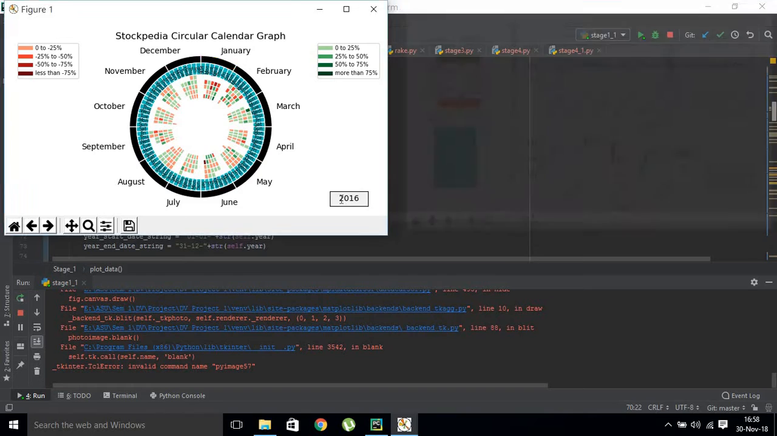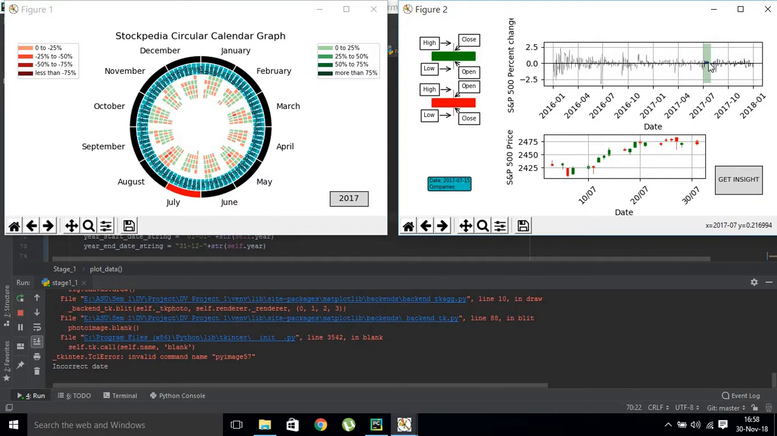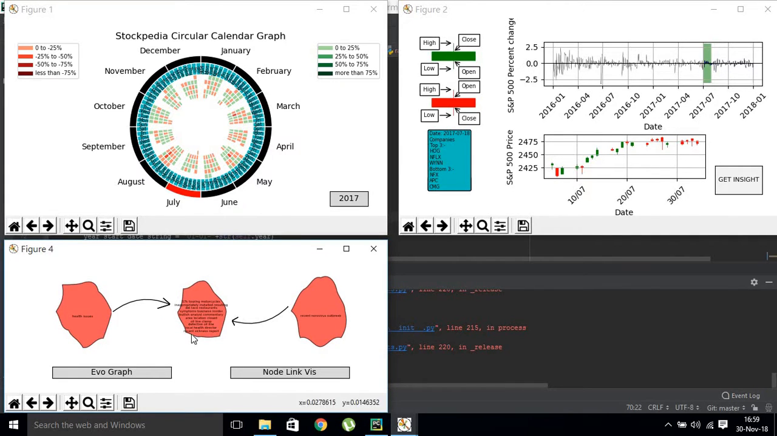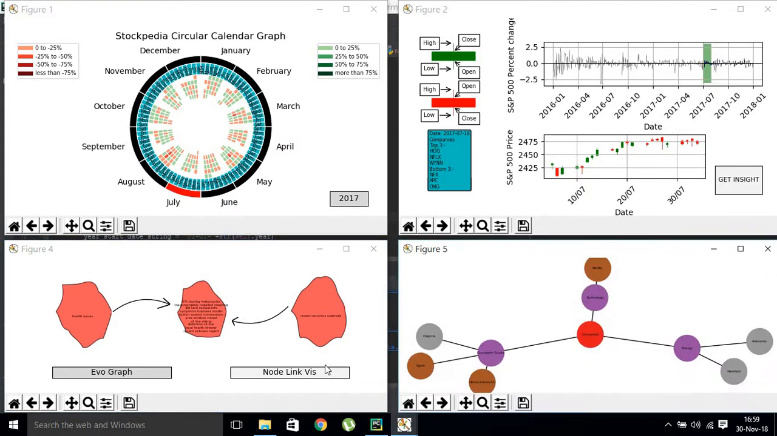We'll take the case study of Chipotle Mexican Grill, which was one of the worst performing stocks in 2017. The decrease in the stock came during the month of July, and hence we'll take the month of July and see that Chipotle Mexican Grill is one of the worst performing companies, and we'll try to get insight of that. You have the keywords from the news of Chipotle over here, and you click on the evolve graph, you get the evolution here, and when you move on to the node link graph, you get